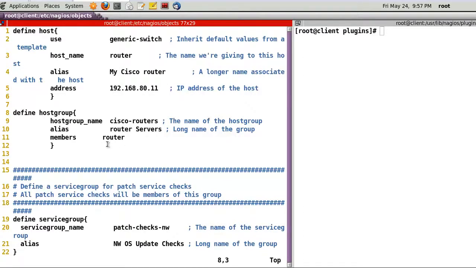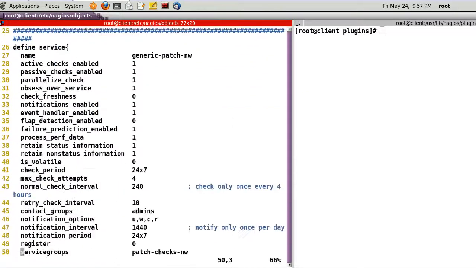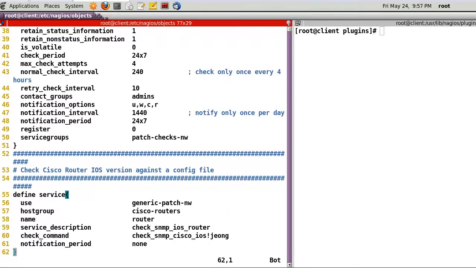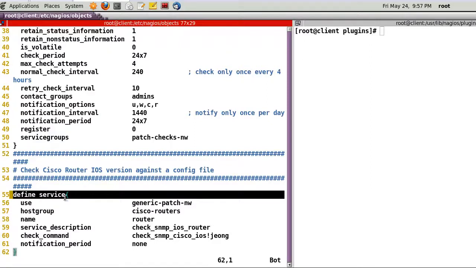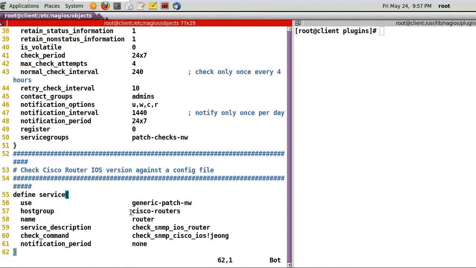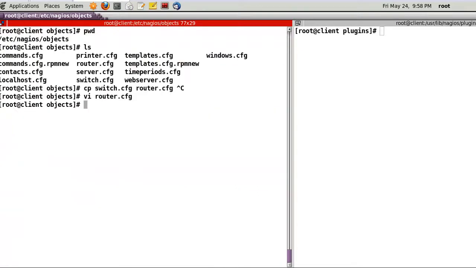192.168.8.11 like this. And here, especially, line number 55, define the service here. And the host group will be Cisco router, the host name will be router, and the service description here, check SNMP iOS router, and the check command here like this. This one is just the community of the SNMP. Okay, then